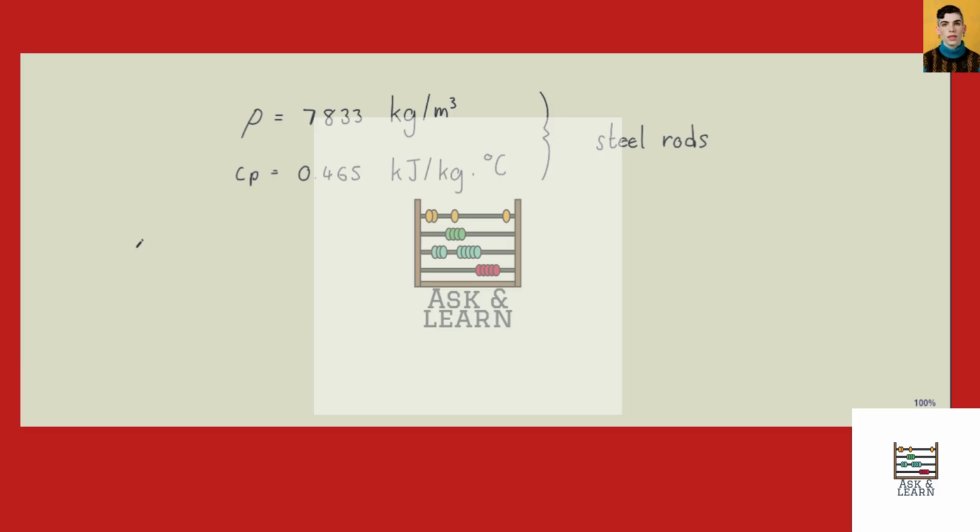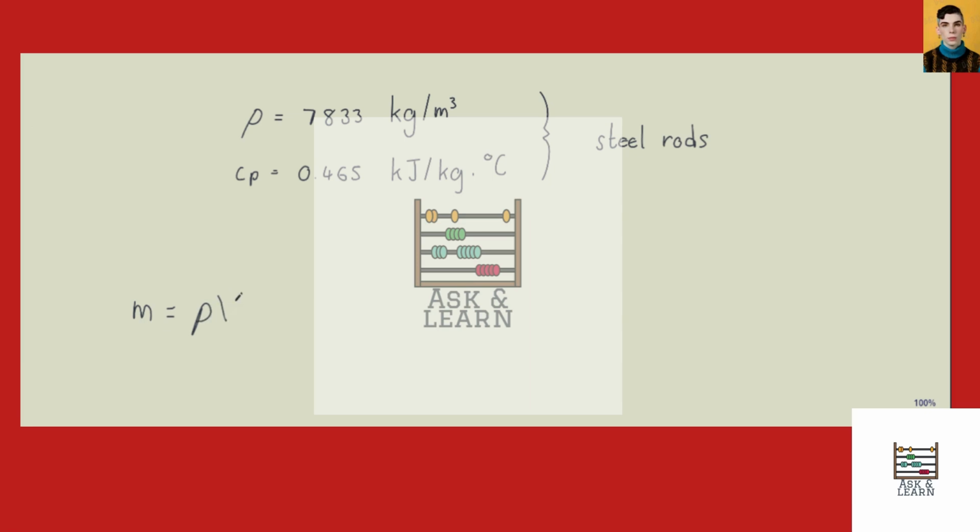Now, we note that the rods enter the oven at a rate of 2 meters per minute and exit at the same velocity. So we can say that a 2-meter long section of the rod is heated in the oven in 1 minute. Now, the mass of the rod heated in 1 minute,